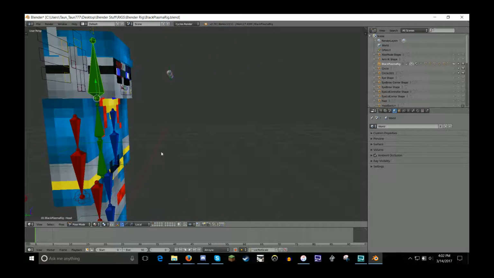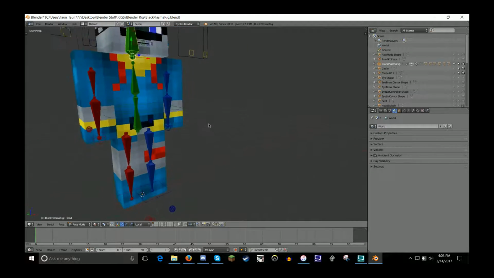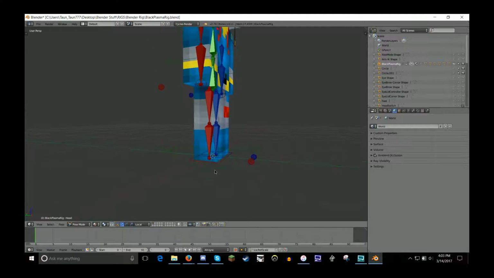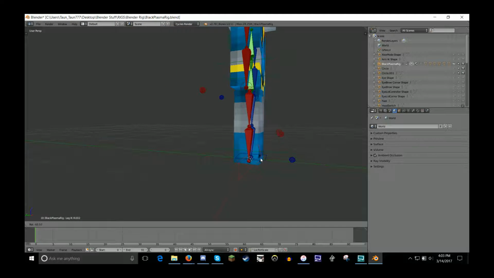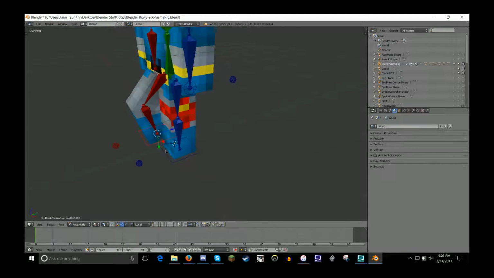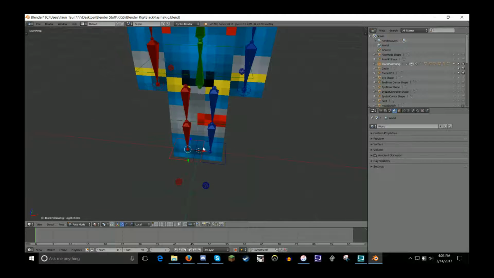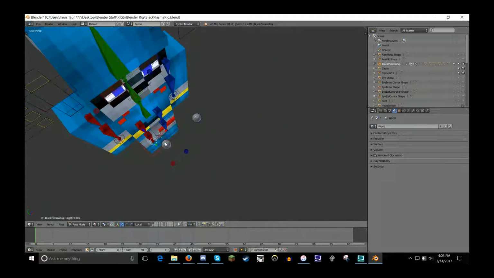Some of the features on this that you don't have on the Ramsey rig, well, you don't have all of the clud or the stuff on it. One thing that I do maybe kind of miss, unless this does that. Let's see, rotate around the x-axis. So yeah, it doesn't move the feet per se, like angles it like what you can do in the Ramsey rig. But again, it's a Minecraft character, so I don't know how realistic we want to get it. If you want to do that, then the Ramsey rig's probably more for you. But for doing simple animations or even just making thumbnails, this rig will probably be more beneficial to you